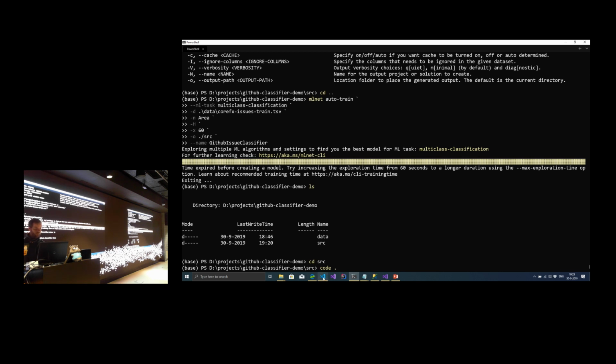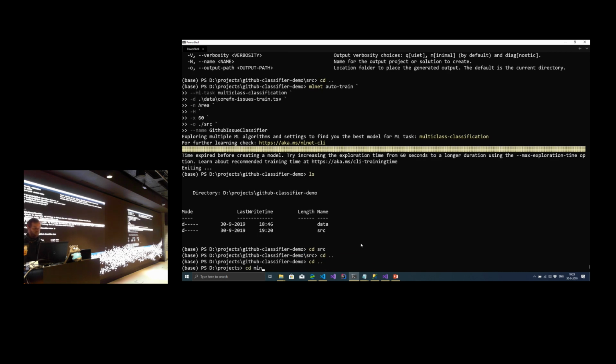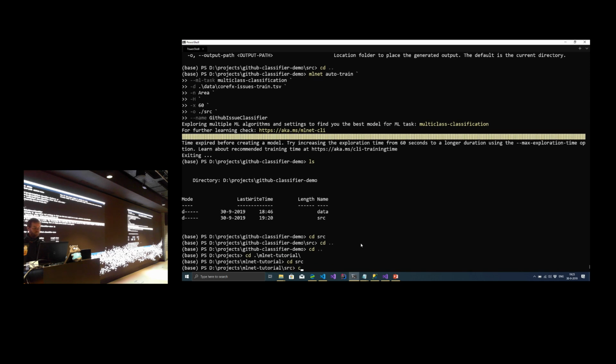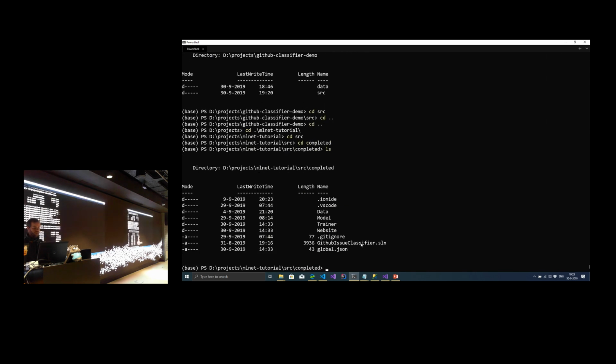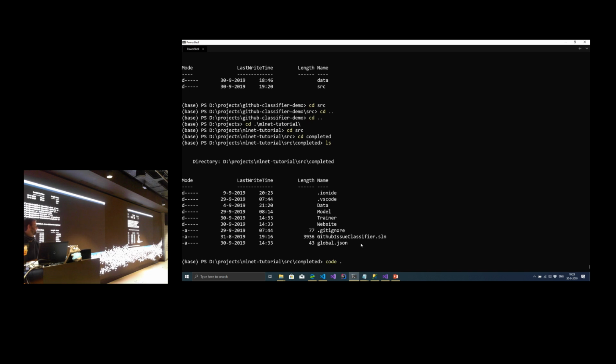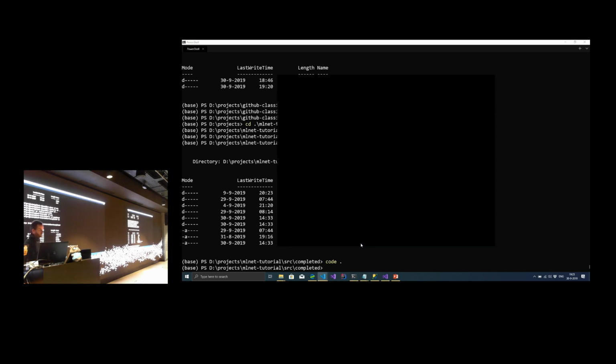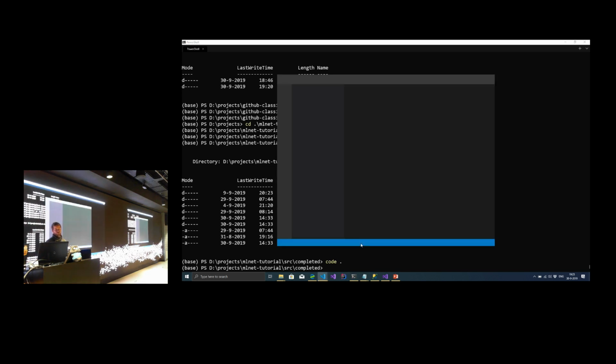Okay. I've got a backup plan. So normally you get out a model. I did come with a backup plan, of course. You can do this by hand, you can do this automated, the result is the same.